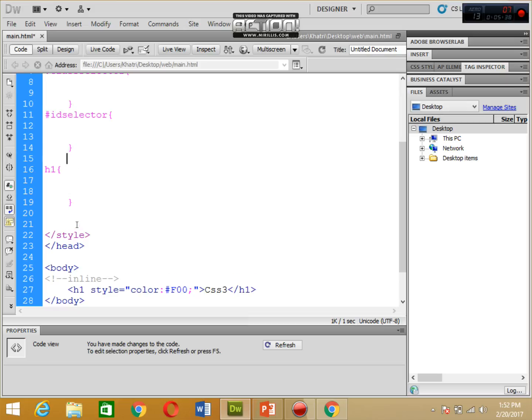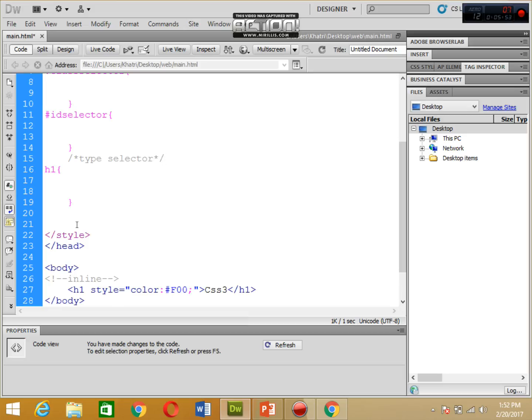I will give it a comment. Are you familiar with this comment? Now in the comment we have to apply the type selector. Alright, I hope you understand it.